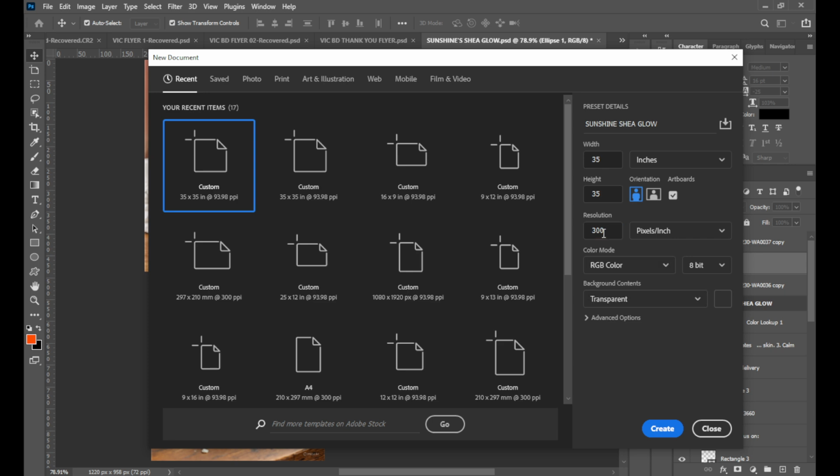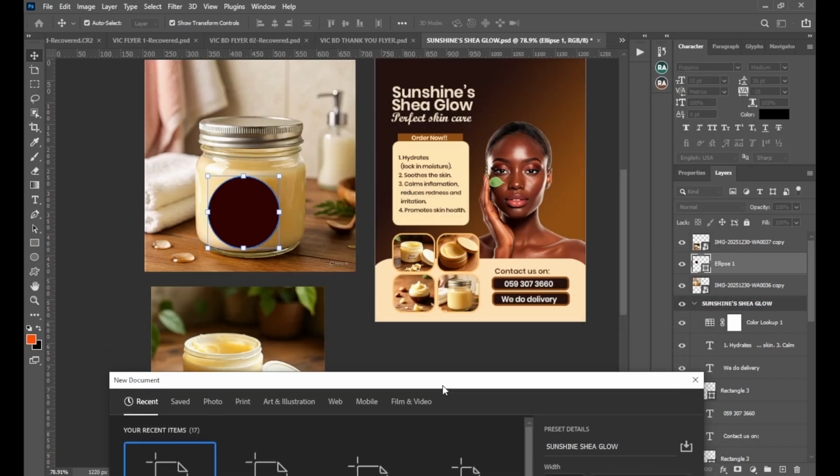Yeah, the resolution is fine. But 99 is okay for flyers. Leave it at 300 DPI, something like that. DPI means pixels per inch. And the color mode, leave it on RGB. RGB is fine. And then the background, because we are going to design a circular version of this flyer,